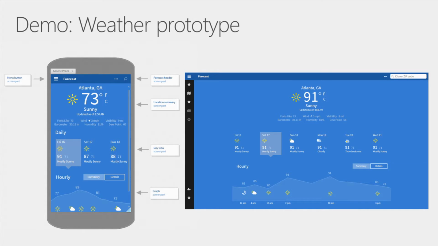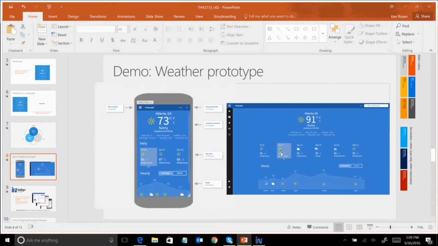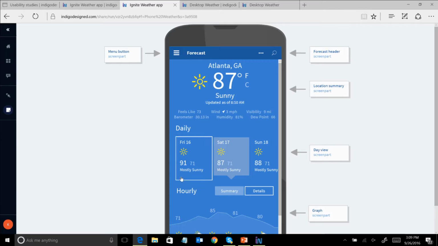So I can go ahead and click on the different elements of the screen. I can try to change the date. You know, this is actually not showing you. You're not seeing what I'm seeing. Hang on a second. Sorry about that. There we go. Now let me bring that back up. Okay. So now you can see,